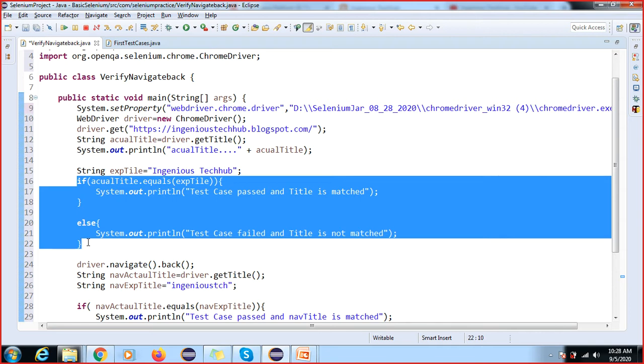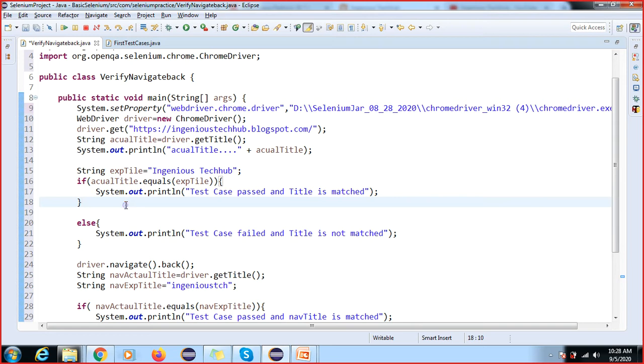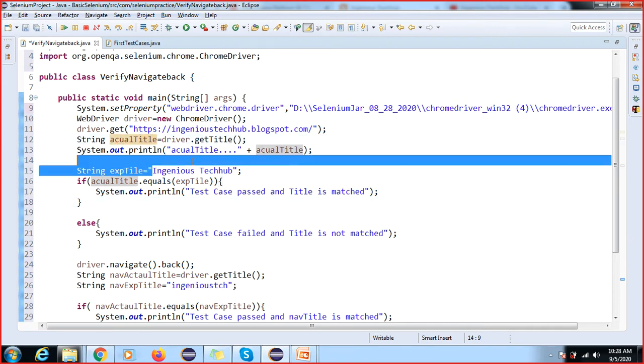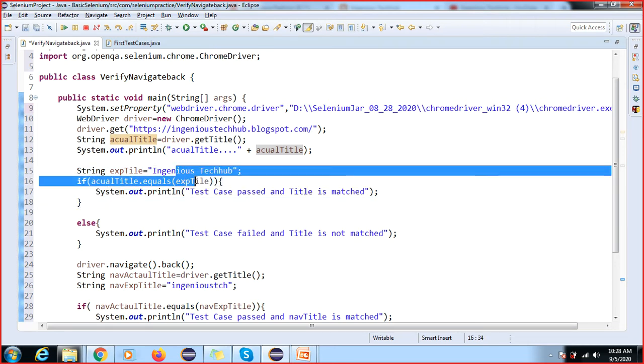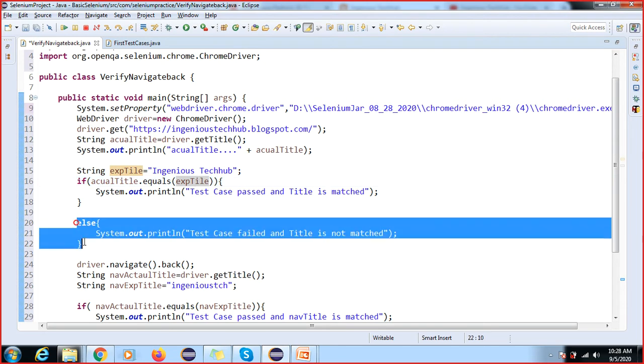Inside this if else condition I'm going to use the equals method. The equals method will compare the string value which is coming from the web page and my expected value. If both strings are the same, then this block will execute. If both strings are not the same, then the else block will execute.